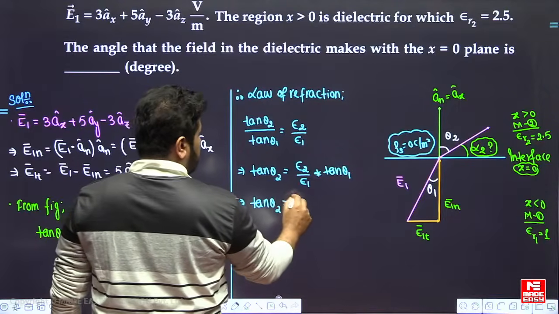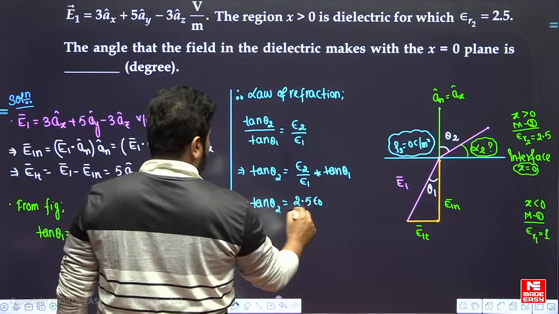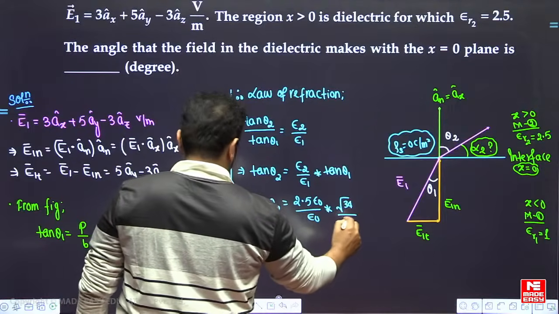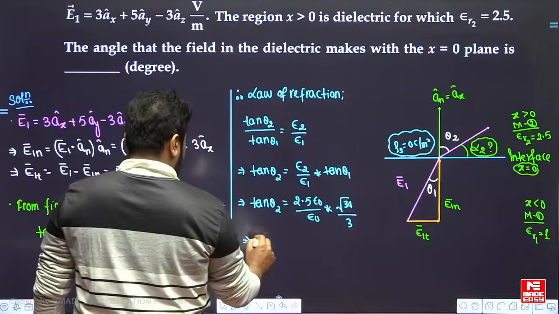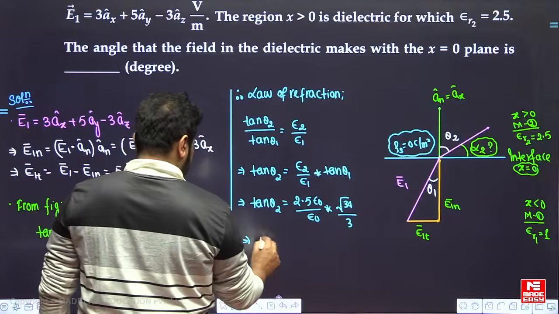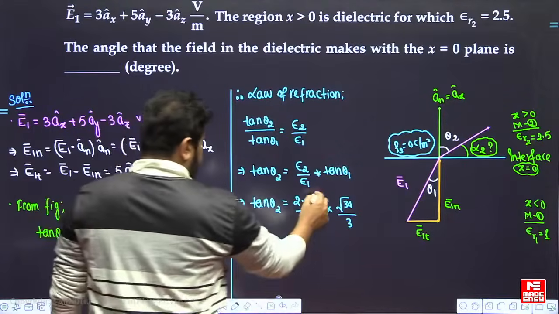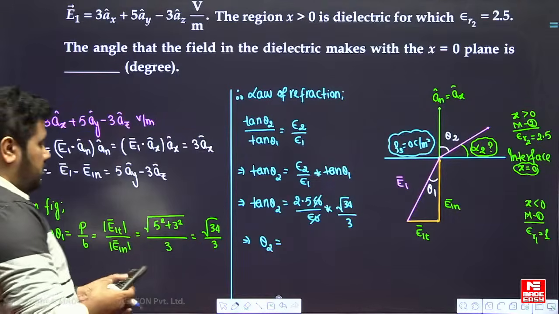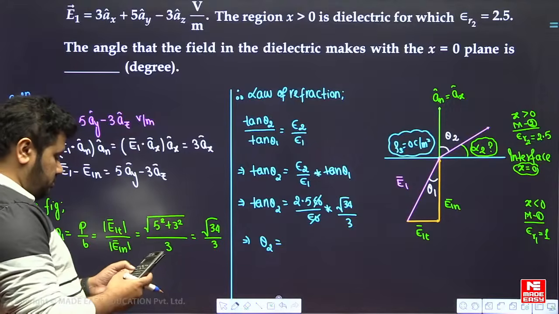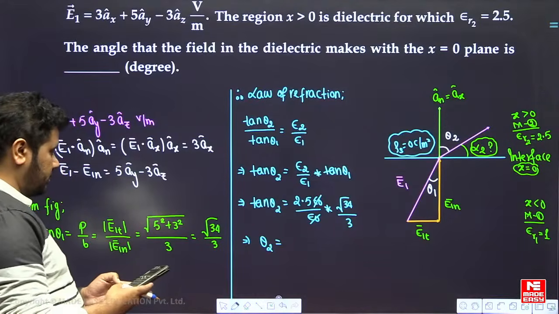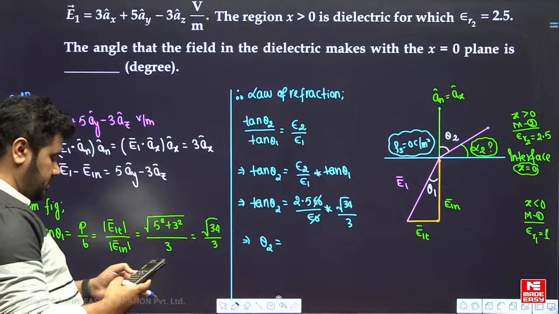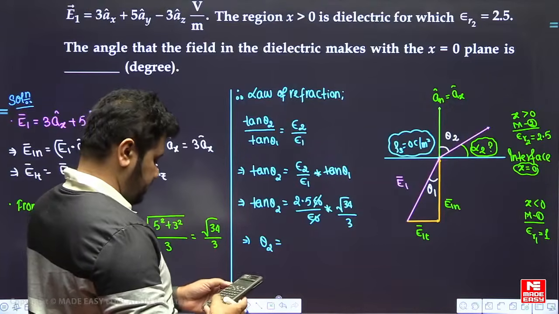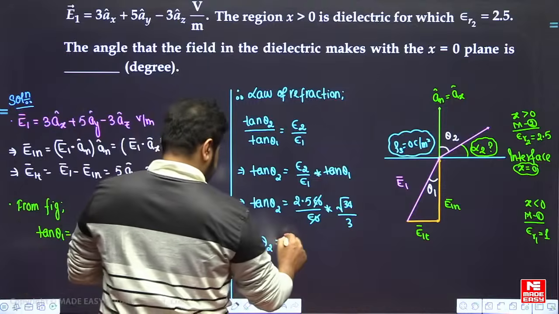So epsilon 2 is equal to 2.5 epsilon naught upon epsilon naught into tan theta 1, which is root under 34 divided by 3. So from here I will get the value of theta 2. So epsilon naught is getting cancelled. 2.5 into root of 34 divided by 3, shift of tan inverse, 78.37